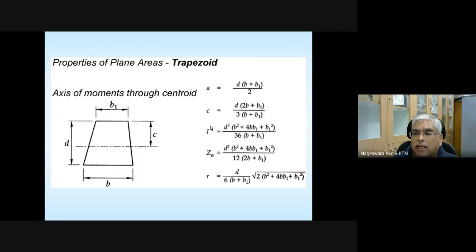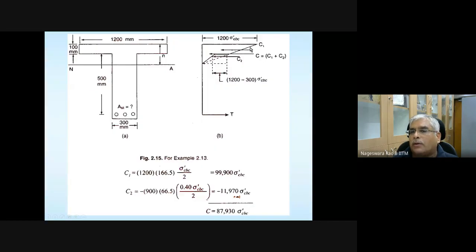You can get an idea using this relation. So once you get that, you can find the lever arm distance. Let me go to the figure and explain. So now you have this one. This is nothing but small b1, and this is